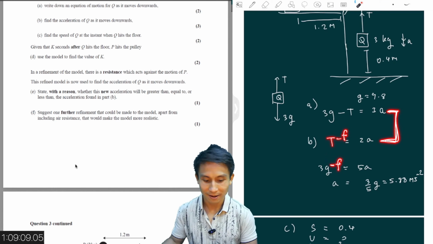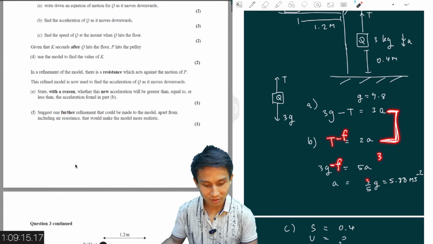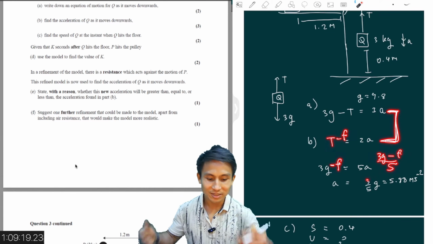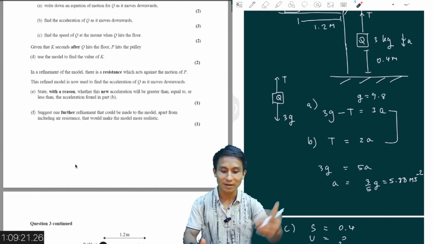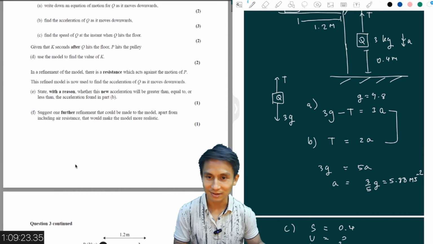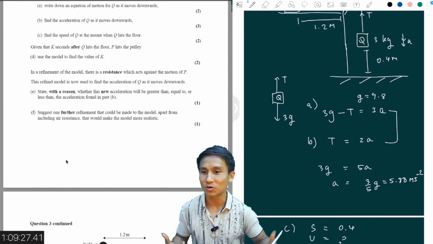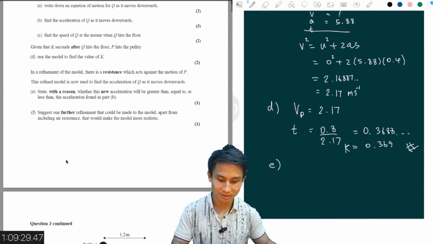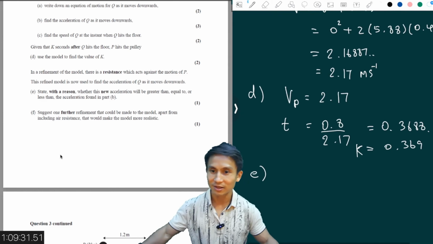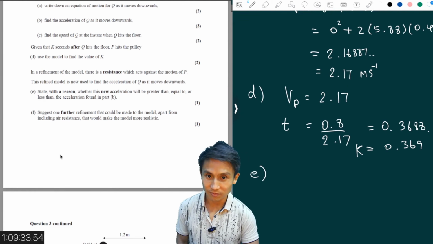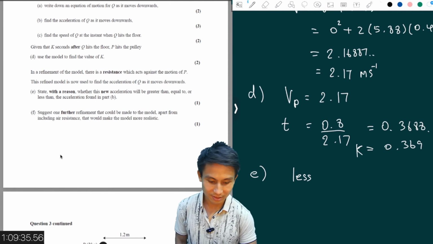And that would make A, the acceleration, smaller, because you would then have 3g minus F divided by 5. So basically the resultant force pulling particle P to the right is less when you have friction, and that is effectively affecting the whole connected system because there is some resistance there. So we just say less than